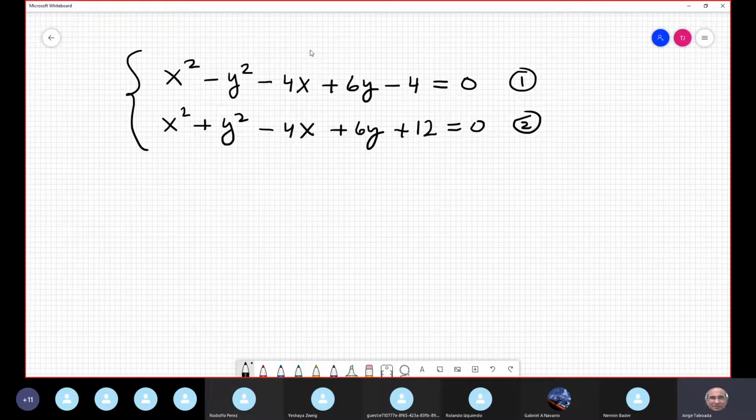And remember, non-linear is different to linear. In linear, we have only a systematic way, you solve by elimination, substitution, and you always obtain the answer. And in non-linear, there are no rules. This is